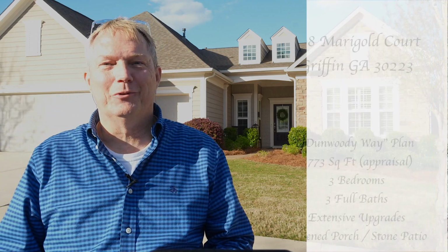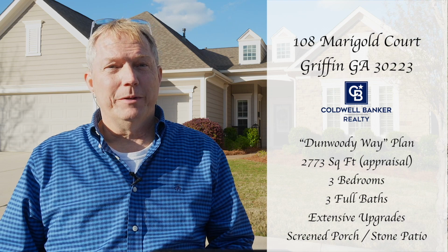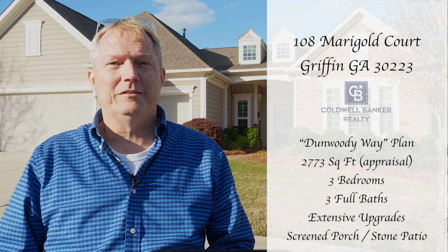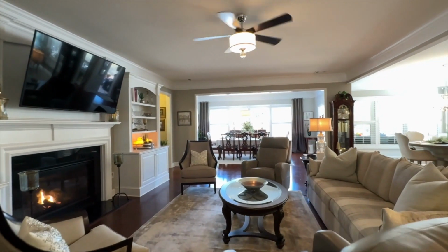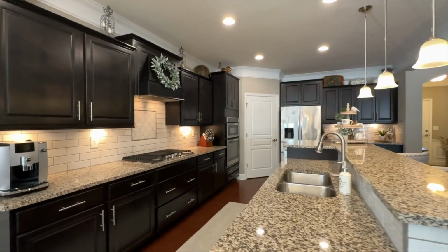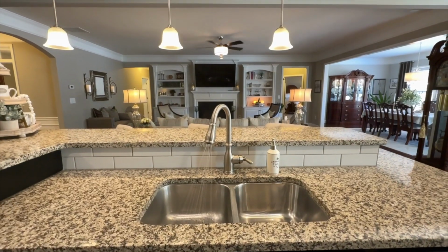And here she is. Welcome to 108 Marigold Court. This home is a large ranch known as the Dunwoody Way, with 3 bedrooms, 3 full baths, and over 2,700 square feet of living space. It's an extremely open floor plan, really built for entertaining. The stunning chef's kitchen with gas cooktop and bar seating at the center island overlooks the main living space with